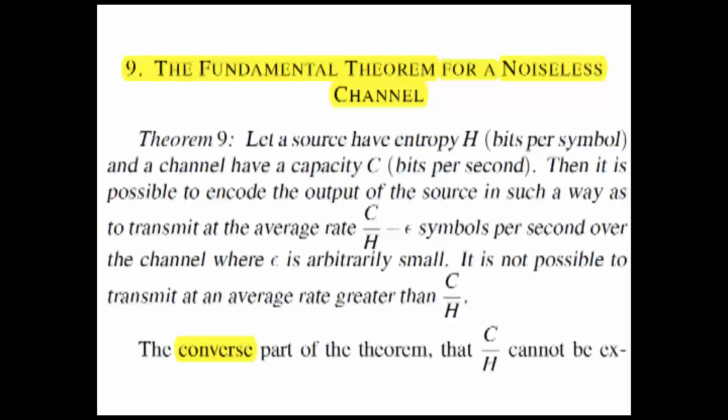Now this is the first time that the word converse appears in information theory. And of course it has stuck, in the sense that it means it's a theorem that tells you what you cannot do. It's a theorem that applies to every code. Every code must have some property. That's a converse.